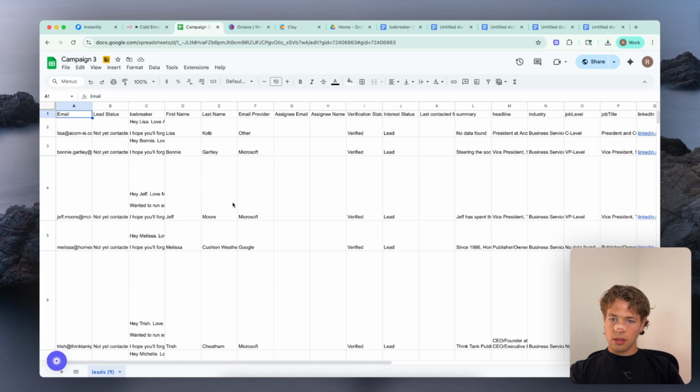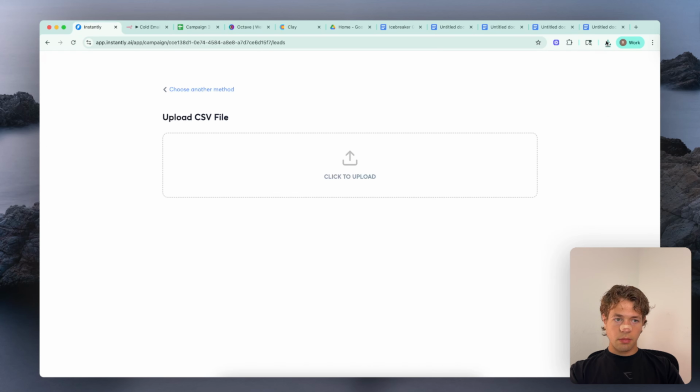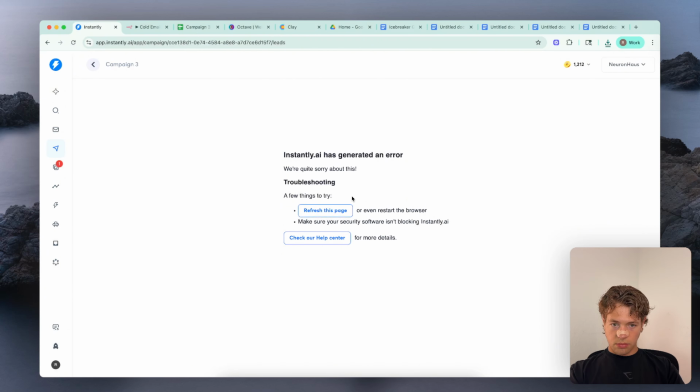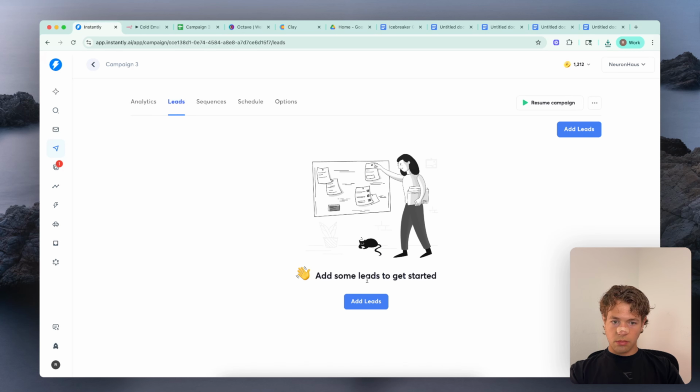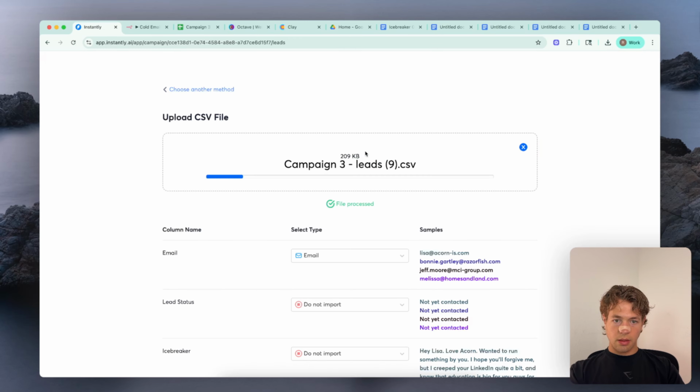Download as a CSV? Yep. Add leads, CSV. Upload.